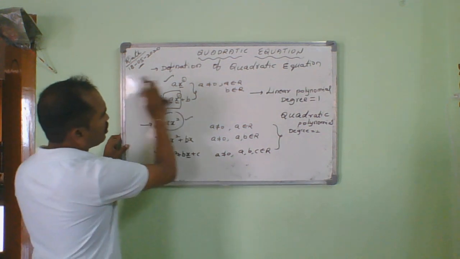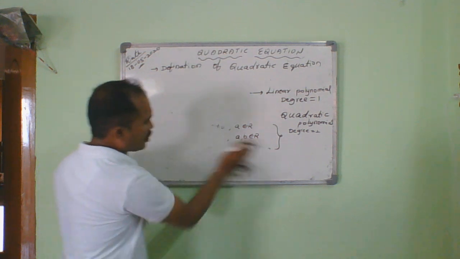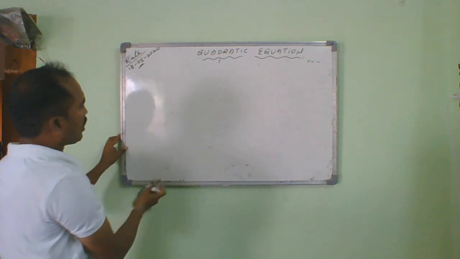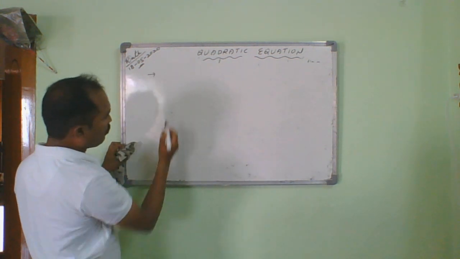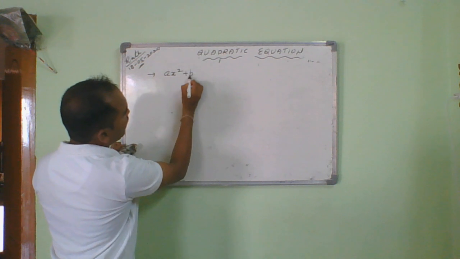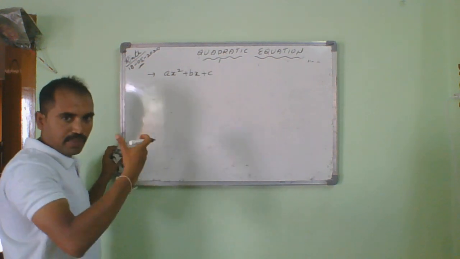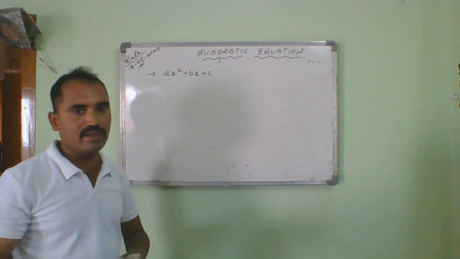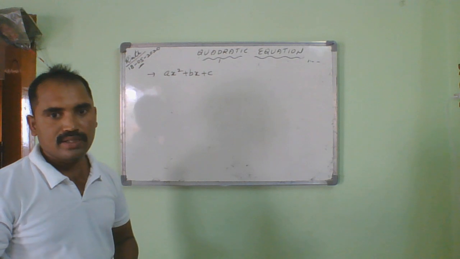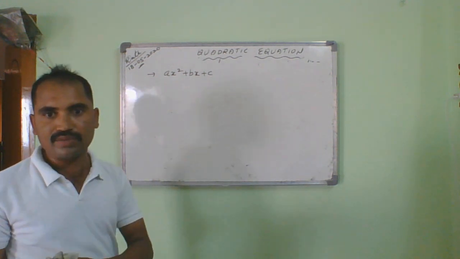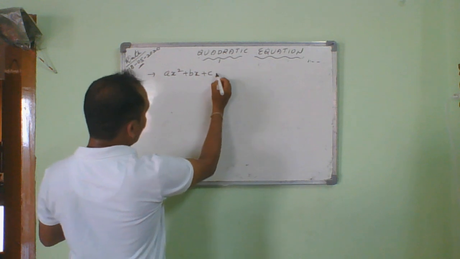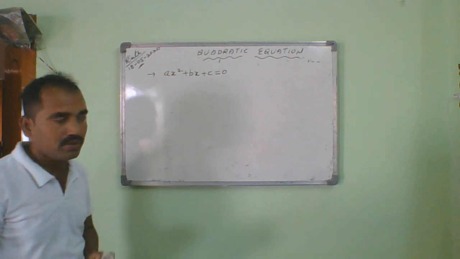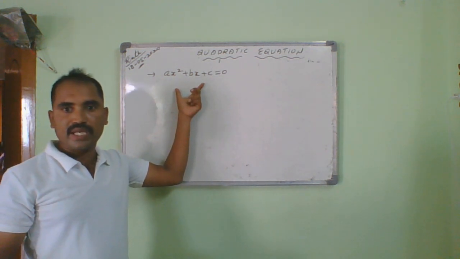Now, let us discuss the quadratic equation. What do we call the quadratic equation? What is the standard form? I told you just now, ax square plus bx plus c is a quadratic polynomial. So, what is the equation? Everyone knows this because we have been learning it from the 6th grade. When we have LHS equal to RHS, we call it an equation. If we don't know anything to equate it to, we can just make it 0. So if the quadratic polynomial is equal to 0, we will call it